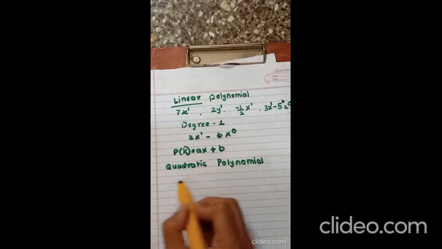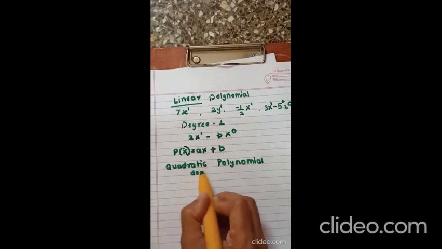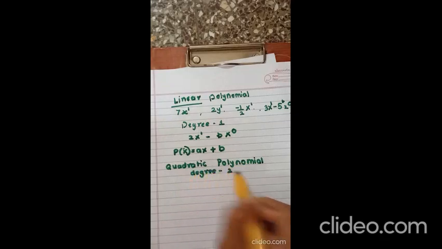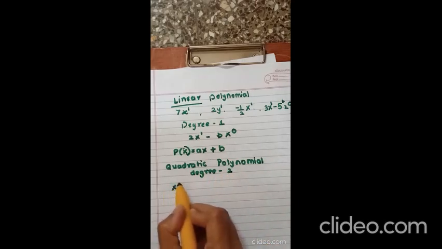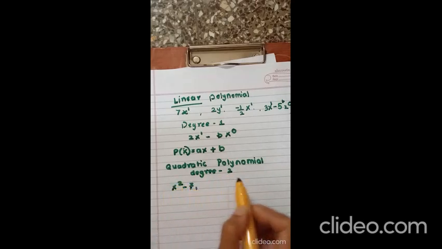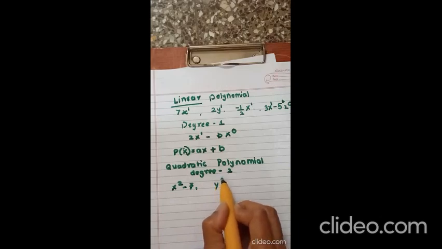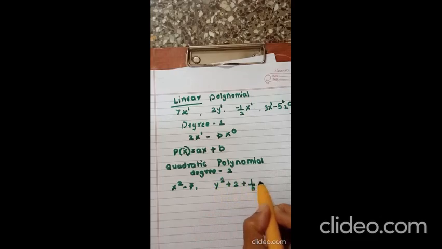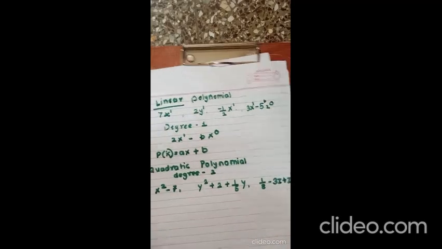Quadratic polynomial has degree 2. Highest polynomial degree is 2. So examples are x square minus 7. You can have y square plus 2 plus 1 upon 5y. You can have 1 upon 8 minus 3z plus z square. These are the examples of